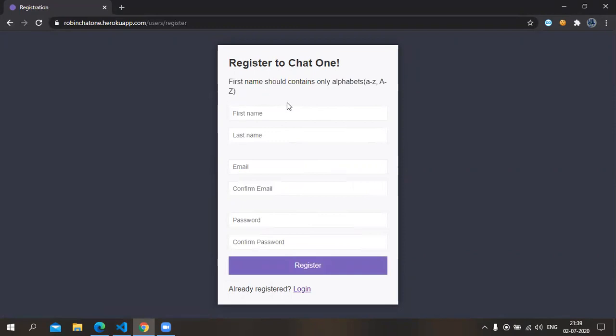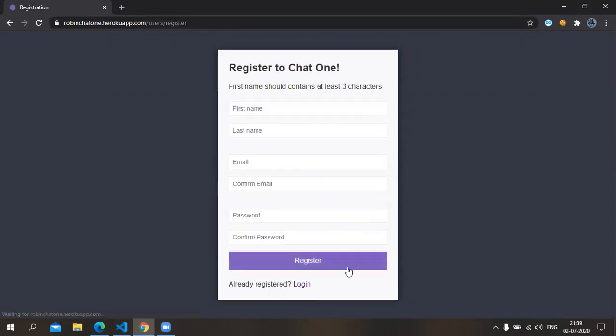As you can see, this is giving the same warning to the user. So let's try a single word. Here it will say that the first name should contain three characters. You can see this message pops up.